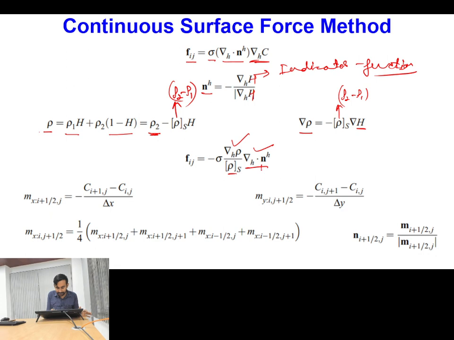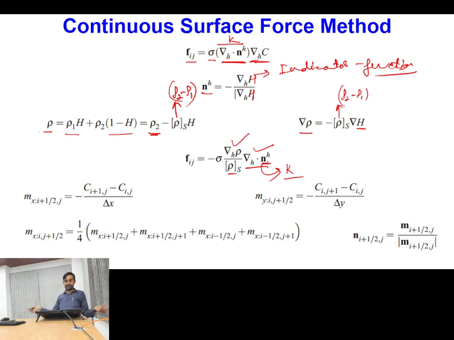And what is gradient of normal vector? It is nothing but my curvature. Okay. So when I have written this definition, so this definition is identical to sigma k into gradient of C, but this k is replaced with gradient of the normal vector. Is this one clear? So now what I can do, in order to find the gradient of normal vector, first